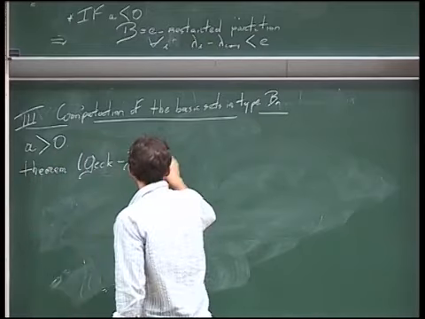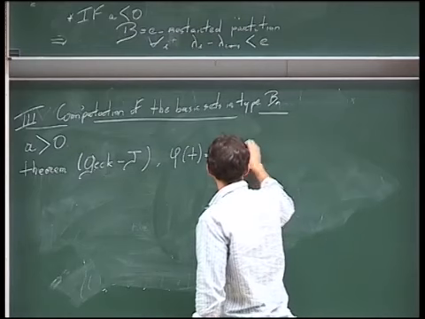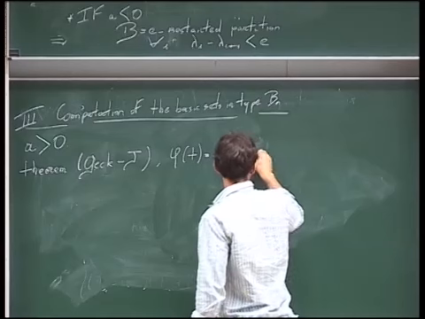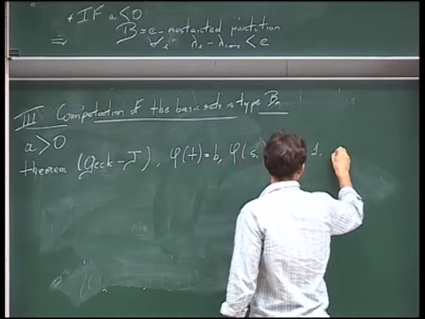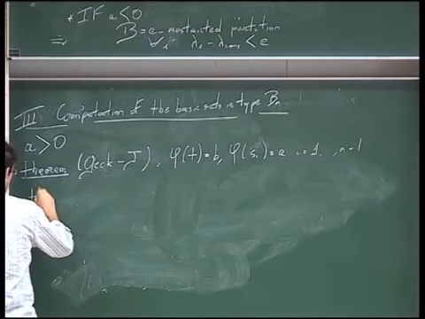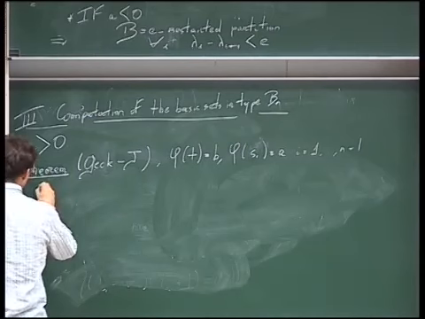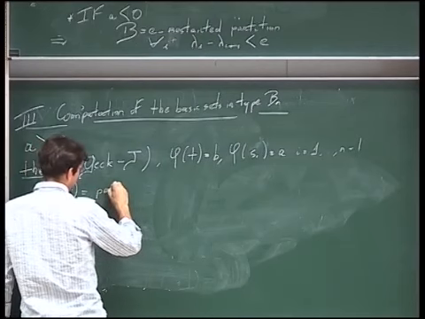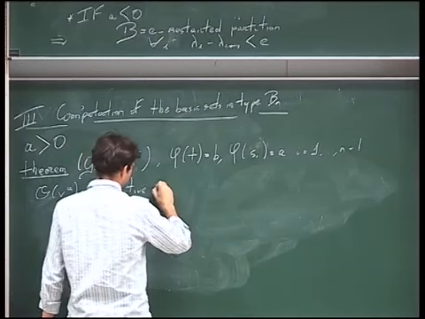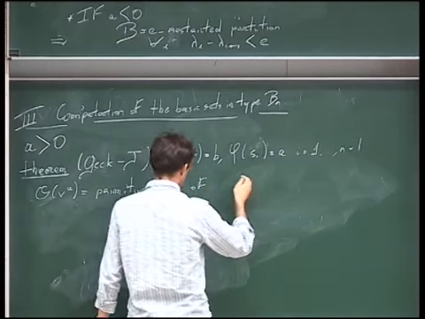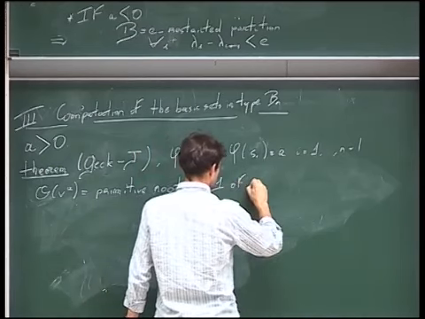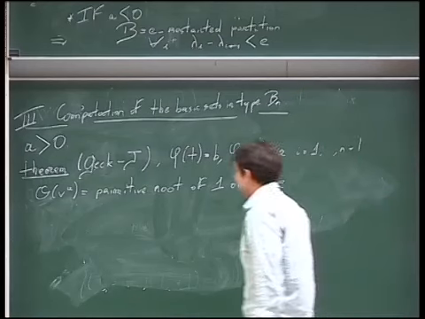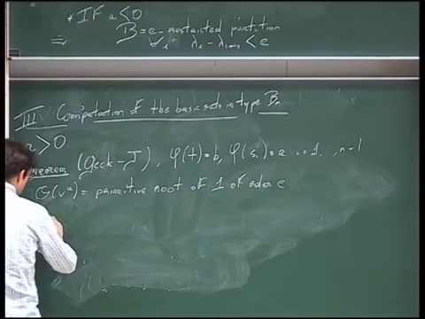So we have chosen this map V. Then theta of V to the A is always a primitive root of unity of order E. Then the associated basic set